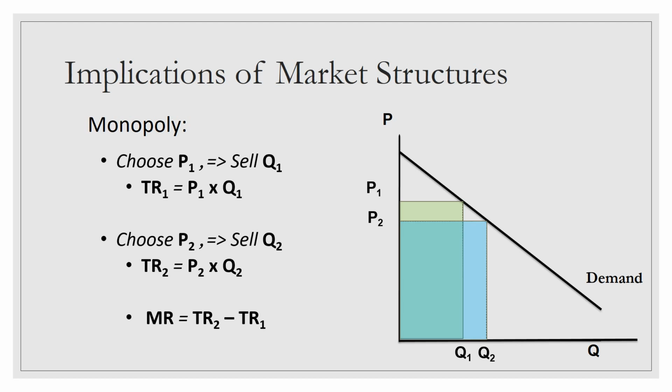So in our graph, what we do would be to take that little green area and subtract it off of the additional blue. What's left then of that additional blue area, that's our marginal revenue. That's the addition to revenue from having produced those additional units of output. And if we do that for every additional amount of output, we can graph out our marginal revenue curve for